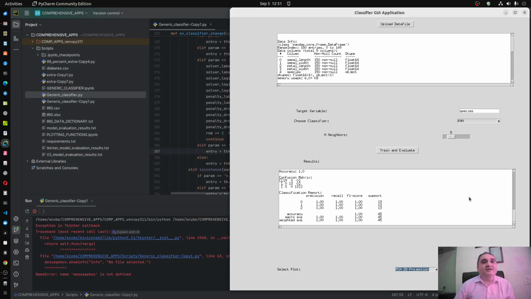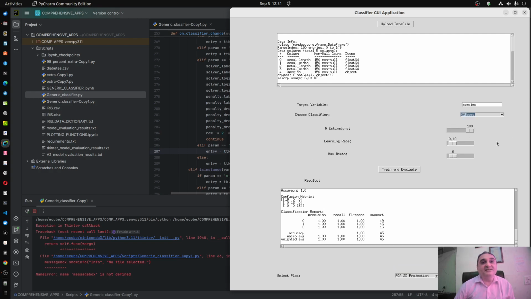So this time I plot a different plot, the PCA 2D projection plot. Okay. Now remember, I am not even showing how you can vary the hyperparameters. So this app can be a good, even teaching tool to teach the effect of changing hyperparameters. Okay, I will show at least one example.